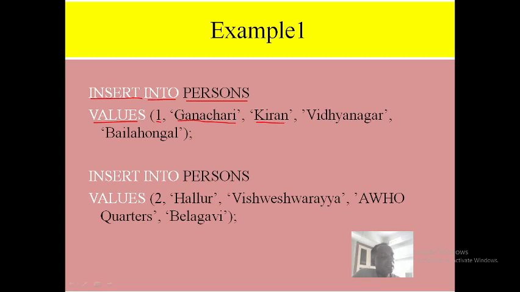And one more thing, there is the address and the city. Person ID is an integer, so you just write 1. It is a numerical value, you write it and separate by comma. If it is a varchar, you have to write those values within an apostrophe, a single quote.